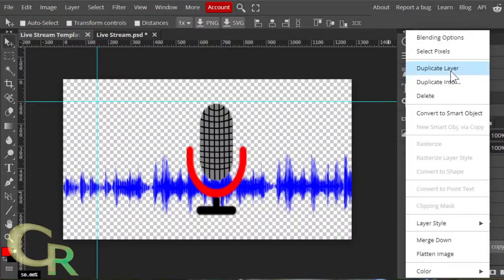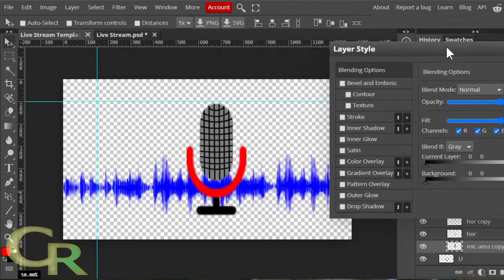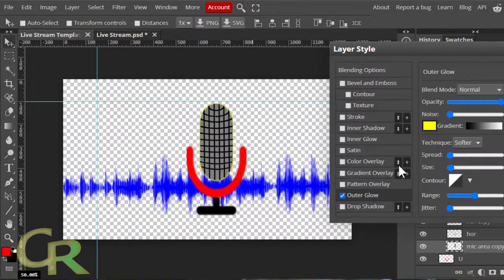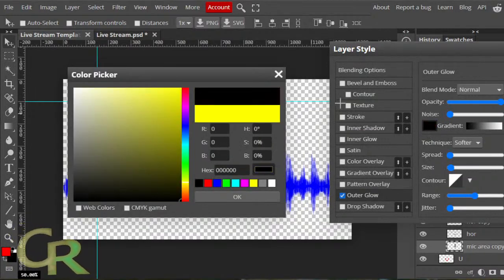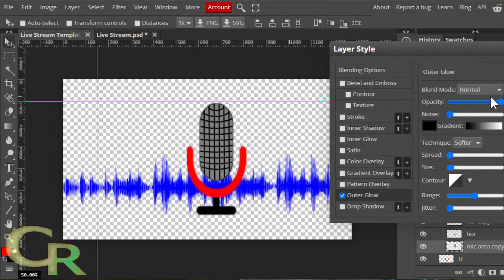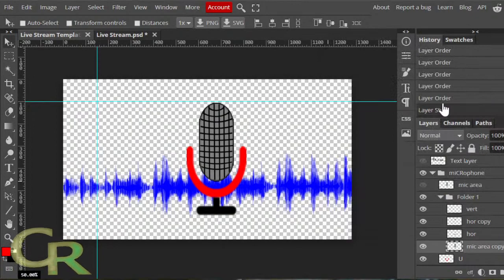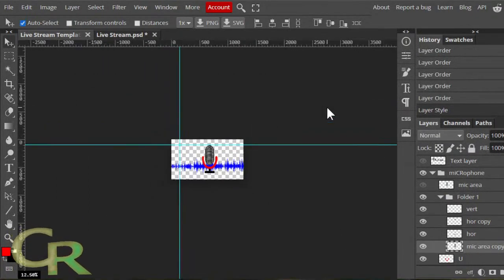Just about add something on the outside. Outer glow, which will be a shadow or a line. Okay. Yeah, that's not too bad actually. I think it helps. I think.